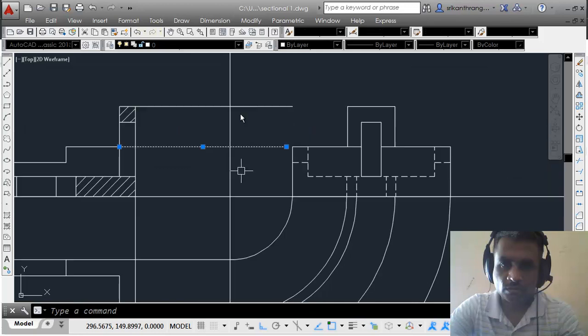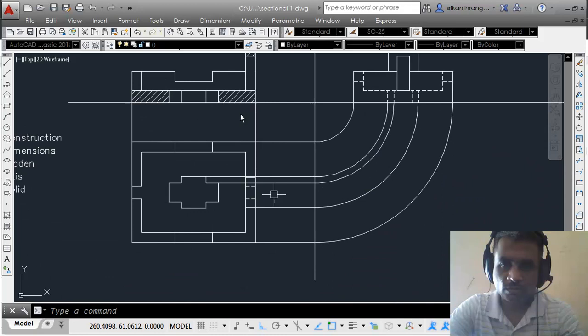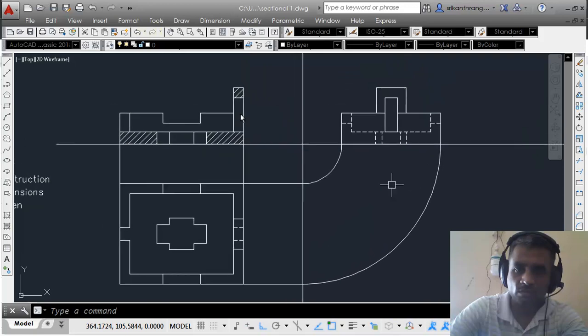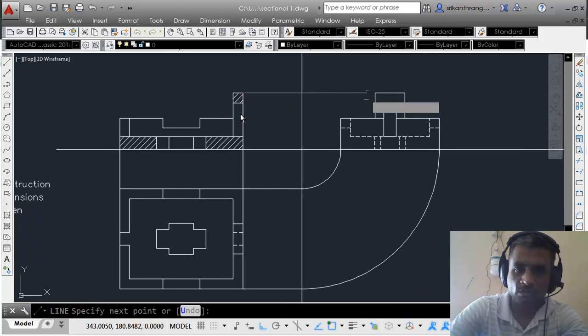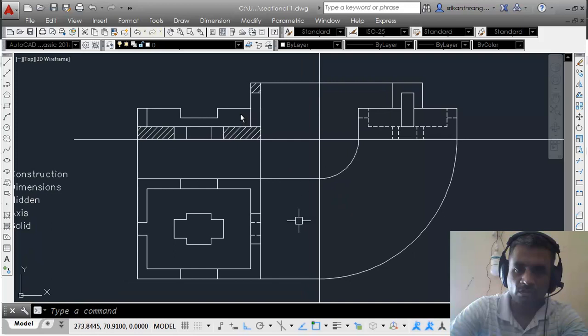I just might want to see it in a finished format, so I'll just turn on the line weight, and you can see some of the lines are already appearing thicker. So these thicker lines are solid lines, they are the visible edges, so I might want to apply the same properties to all the visible edges. Here also all these are visible, but here the inner lines are hidden.